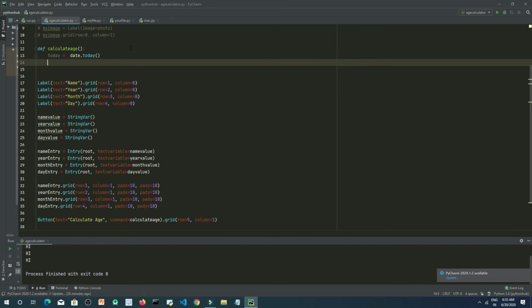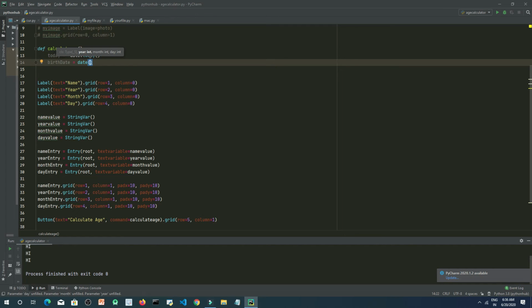Let's type a variable, birth date equals date, and inside this we will take the year. Okay, which will be entered by the user. Okay, inside this we will take the year entry which has been entered by the user.